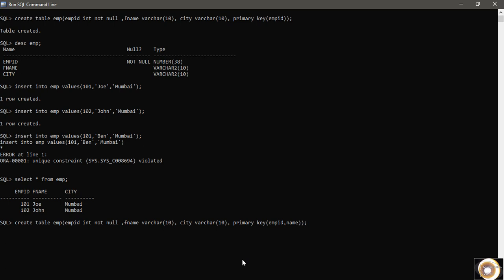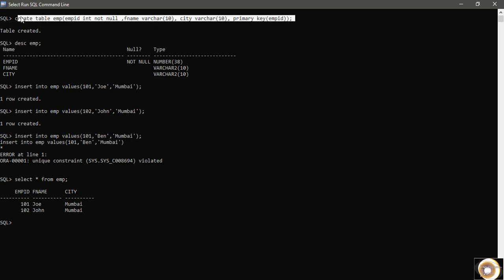Correct? Now one more thing I want to tell here is, if you want to alter the primary key, meaning you created the table but you forgot to add the primary key. You created the table with this command, but you forgot to add this primary key. One condition for that should be there: the field for which you are going to add the primary key must have been defined as not null while creating the structure of the table. So while running this command, if you forgot to add this part of primary key, you must have added this employee ID as not null.